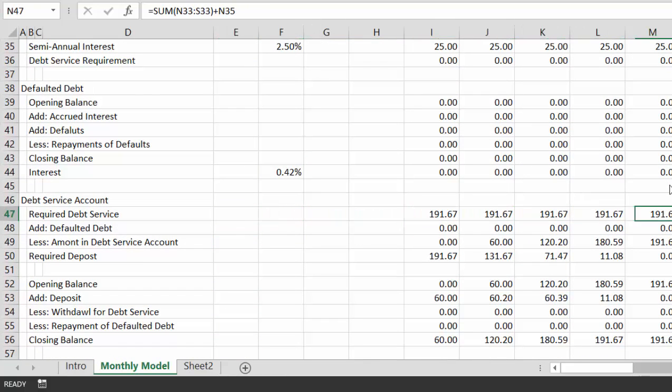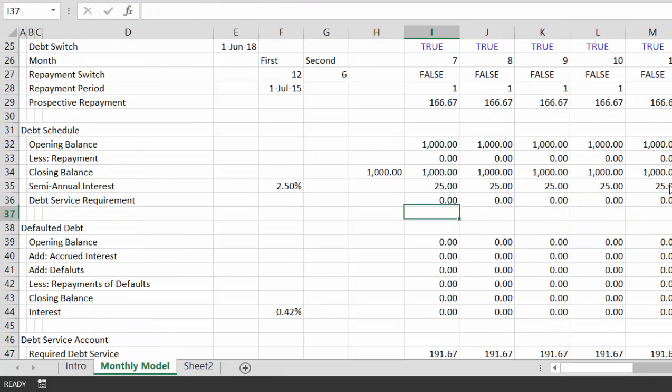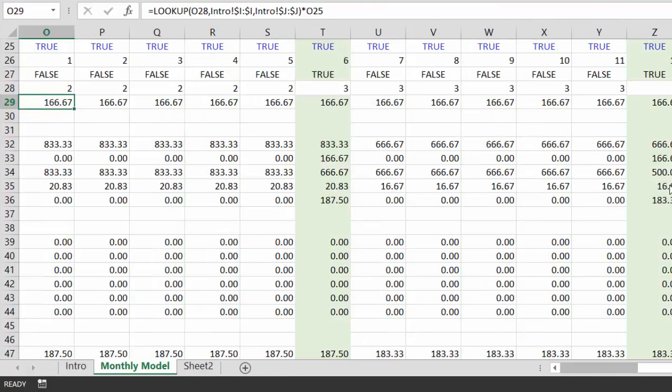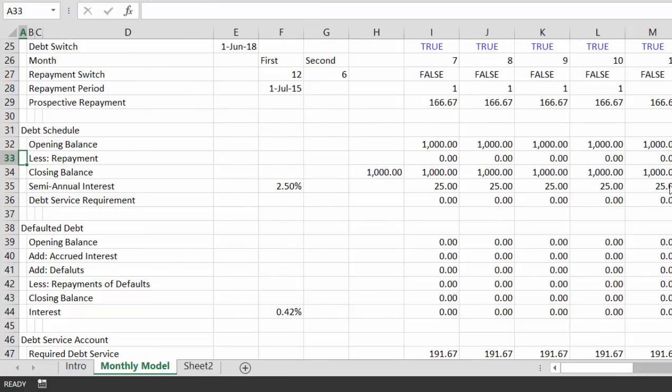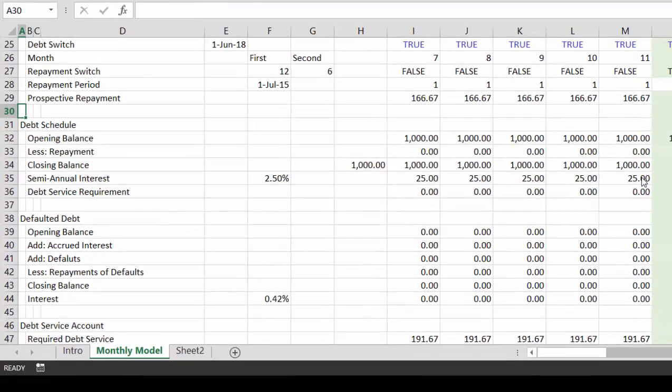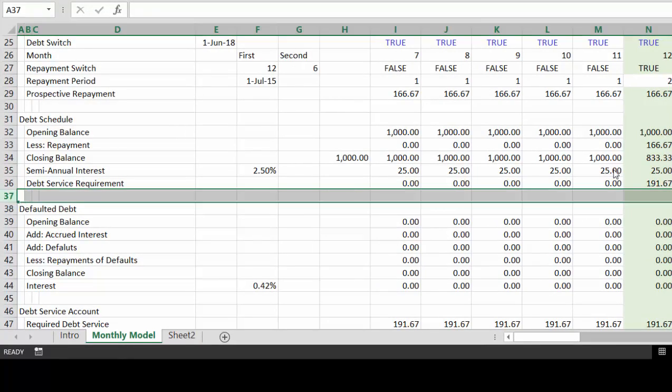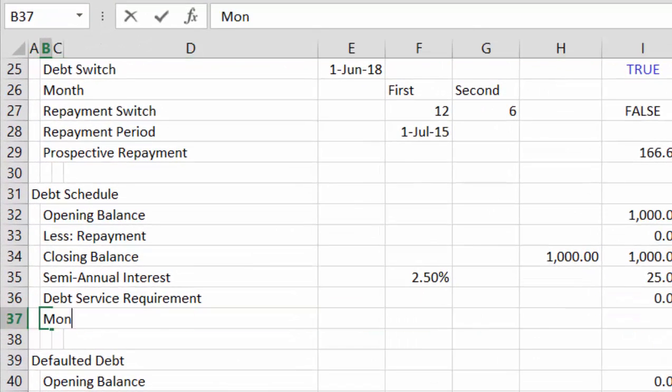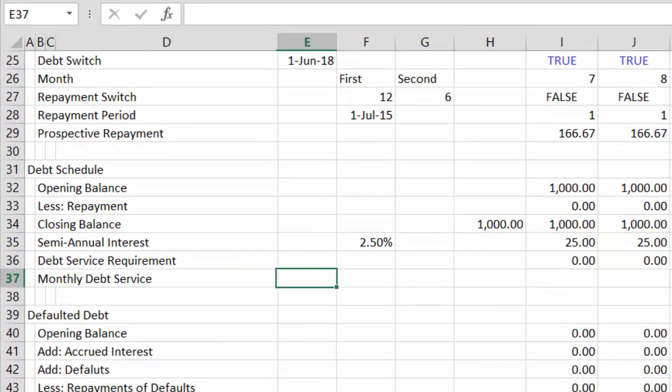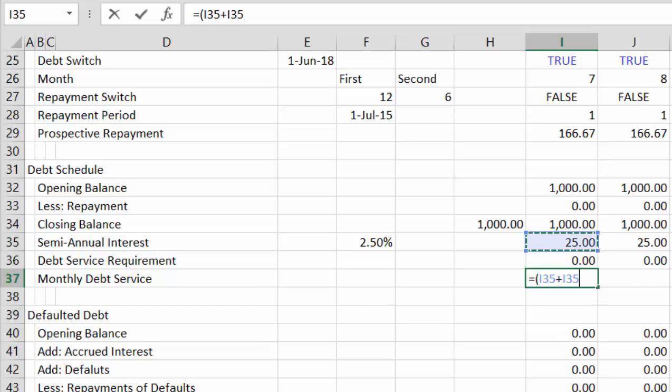we can look at this, but what we have right here is we don't really have monthly debt service anyway. I mean, I suppose we could. This is our repayment, and we have our debt service requirement. I suppose that we could put our monthly debt service, which is the interest. And I really should put this,